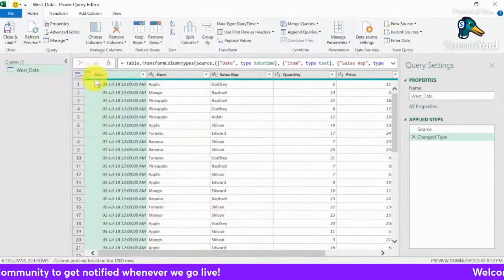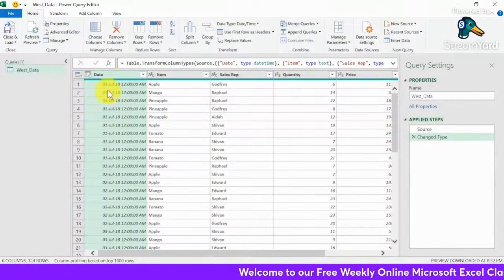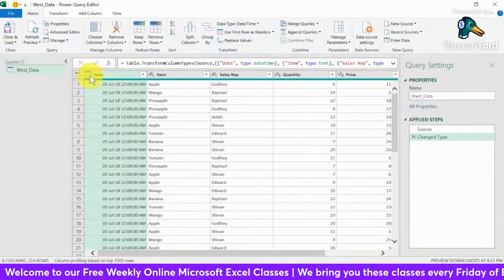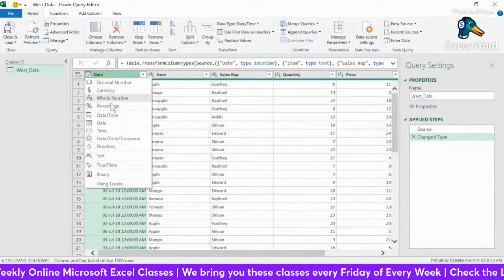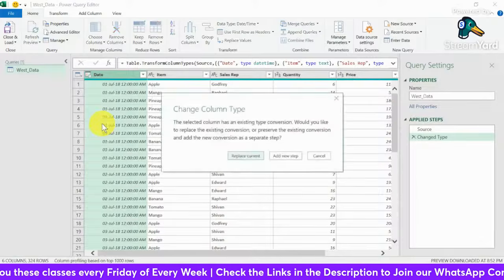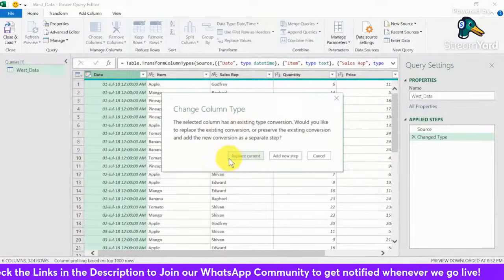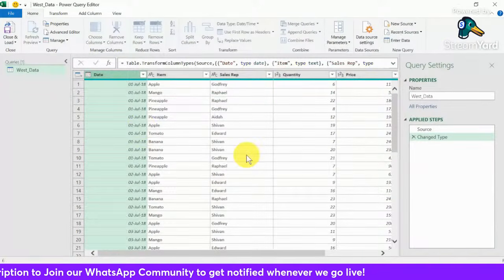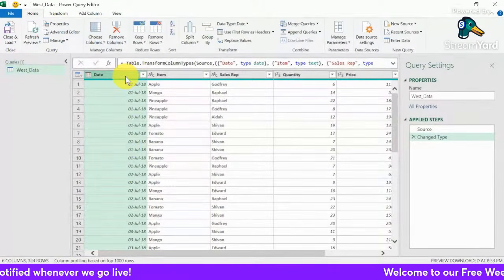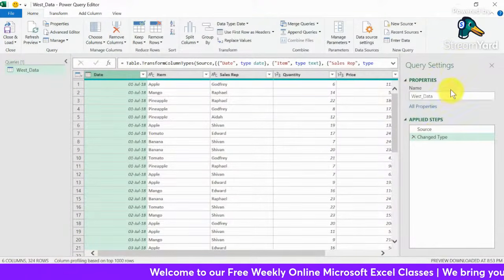Now I can see Power Query has detected the data type right here. It shows me that this is date and time. In case you don't want the time to show in this particular column, you can come over right here and change, in the drop-down, the data type. Change it to Date, and there you go. It will ask me if I want to change the column type. If I'm comfortable, I'll say Replace Current, and it will convert this into a date. That's the first transformation we have just done,